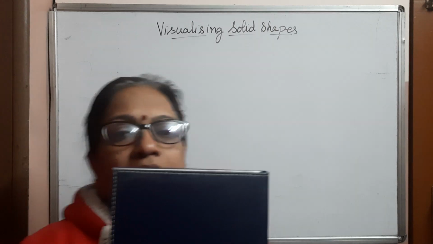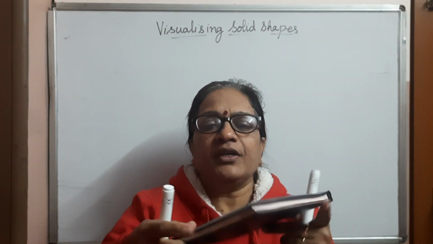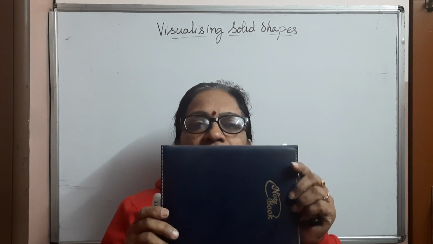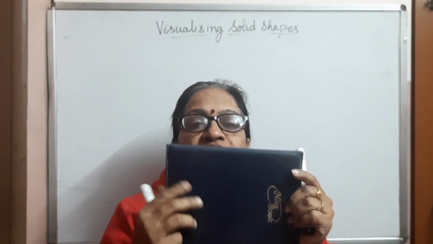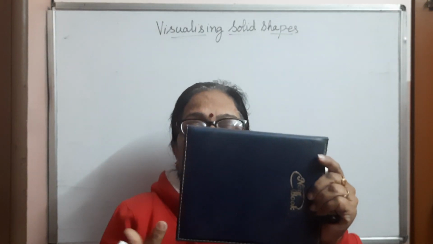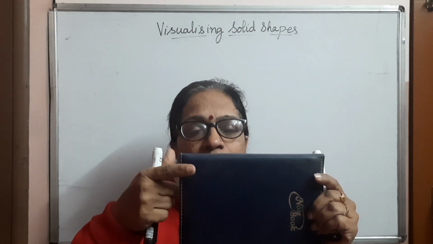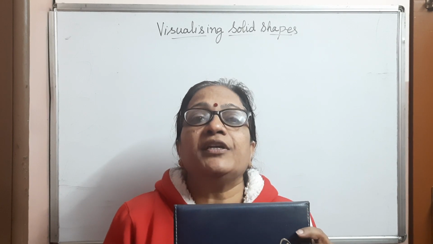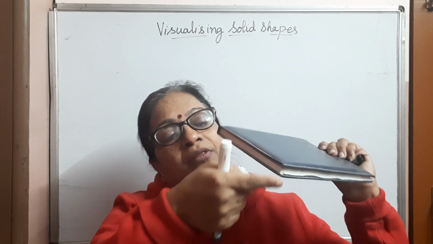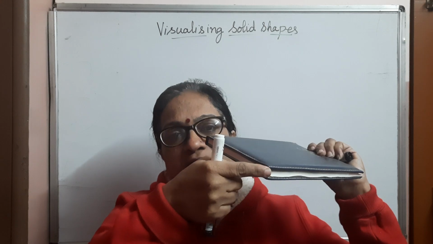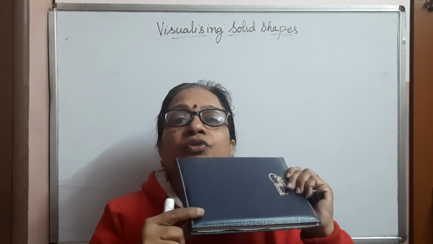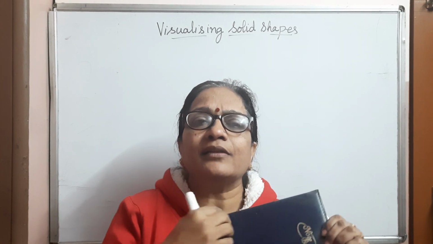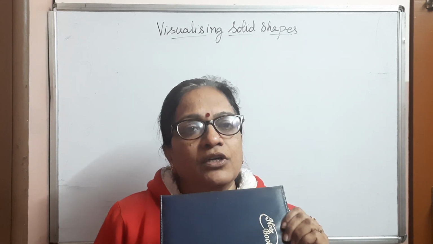diary. This diary is in the shape of a rectangle. If you look at the side which is visible to you, that is rectangular in shape, which has the length and the breadth. And the moment we speak about a 3D shape, it needs to have a third dimension, and that is the height of the diary. So this is what a 3D shape is made up of: the length, breadth and the height of the shape.